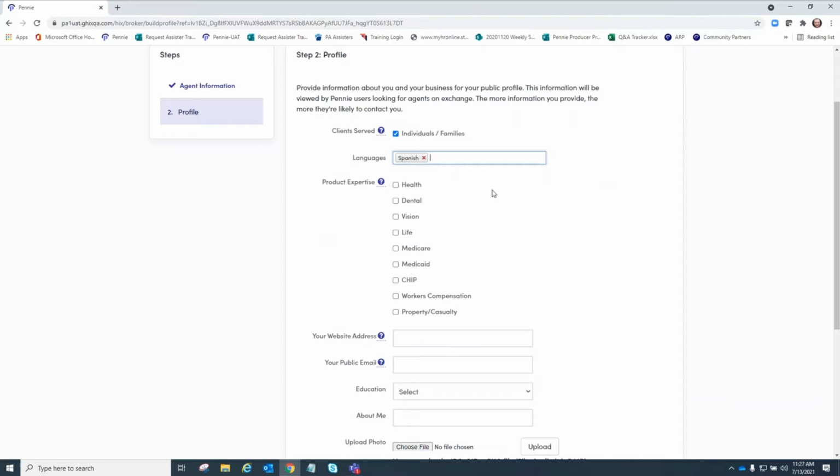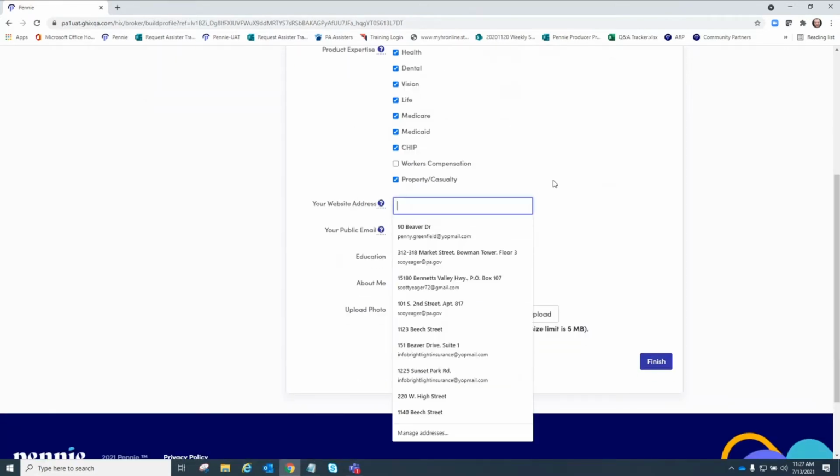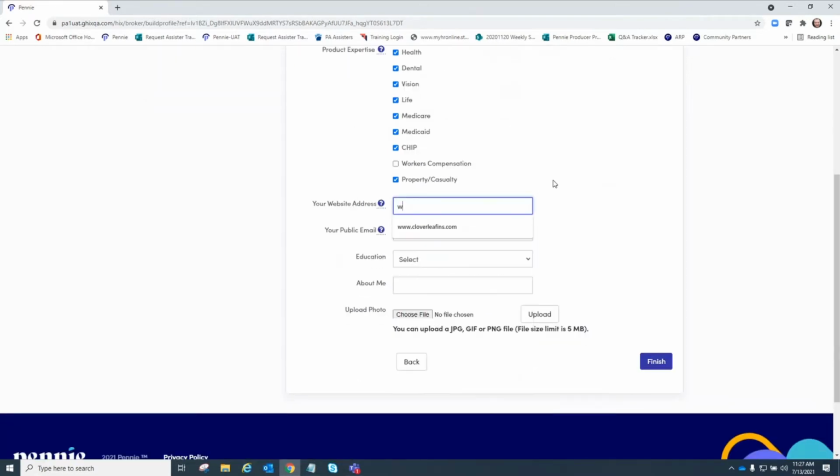So in this case, Brenda can speak Spanish. We want to make sure that people know that Brenda can speak Spanish and help them with their health insurance, their dental insurance, their vision, their life, their Medicare, their Medicaid, their CHIP. We want to make sure that they know that she can help even with property casualty. So with that, we're going to go ahead and add